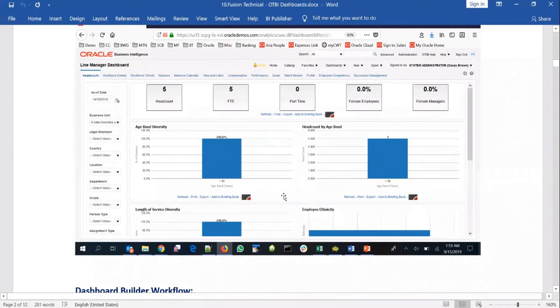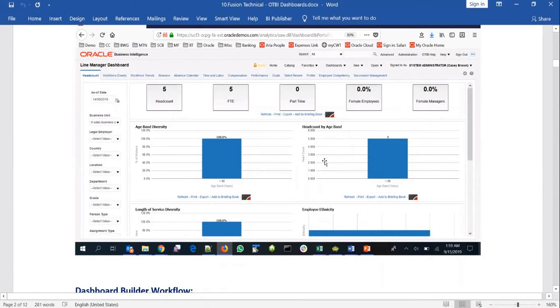But in most scenarios, they might ask you to make changes to the existing dashboards. Say for example, if you have seen this, they might ask you to change the default value applied on a dashboard prompt. They might want to take out one of them from the dashboard prompt, or change the way a particular report output is displayed. Here it's displayed as a vertical bar chart, and they might want you to change it to a horizontal bar chart.